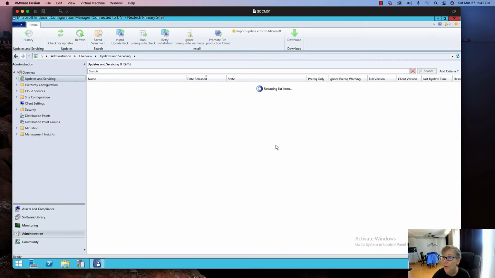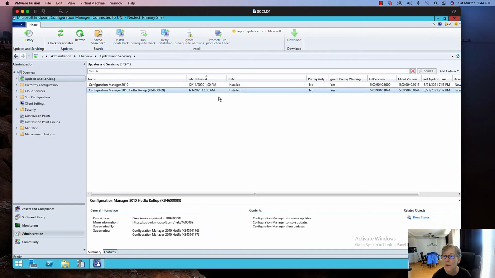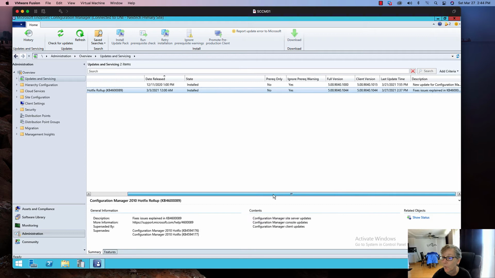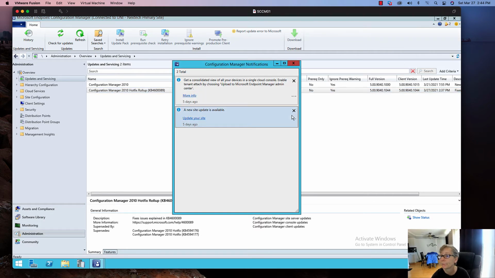So I'm just waiting for the post components to finish so that it just says installed like this one does. Alright, so as you can see, it's now installed. So we've installed the latest hotfix for the 2010 version of SCCM. And if you see here in this upper corner, you'll see this little bell icon. You're going to want to update the